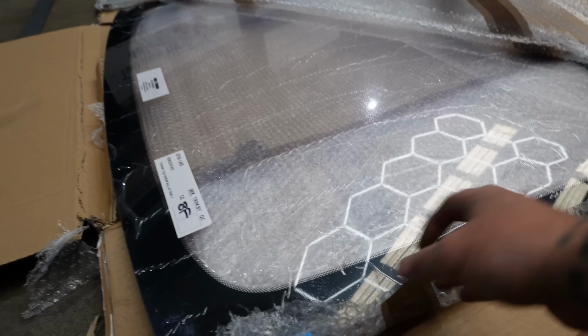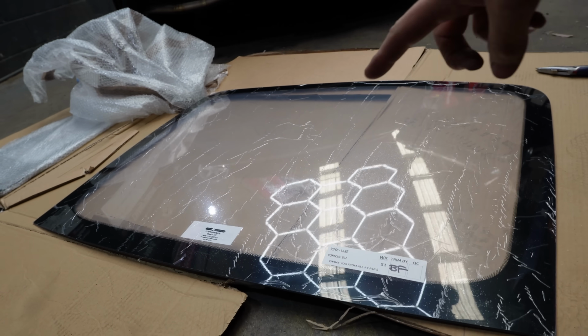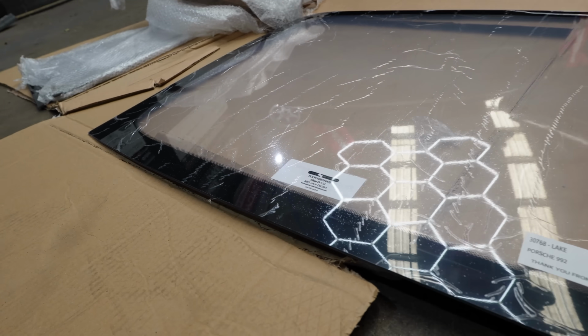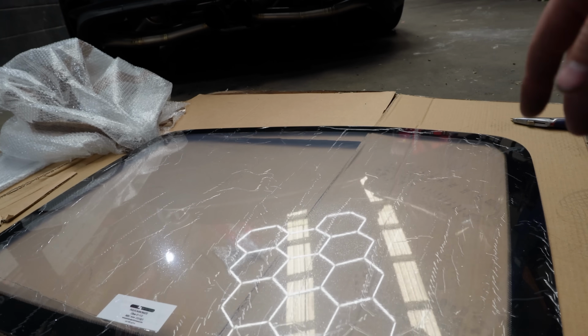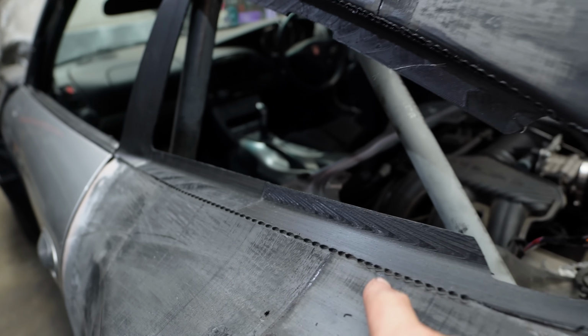Look at this thing, man. What an awesome piece of kit. So these guys do a bunch of different cars. They do Nissan Silvias, they do Lamborghinis, of course they do Porsches. And these windows have solved a massive problem for us because buying the genuine stuff was out of the question. I quickly realized to dummy fit the rear window, we needed to 3D print the channels for